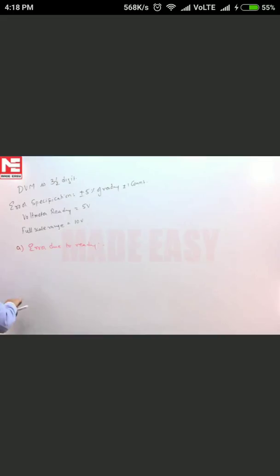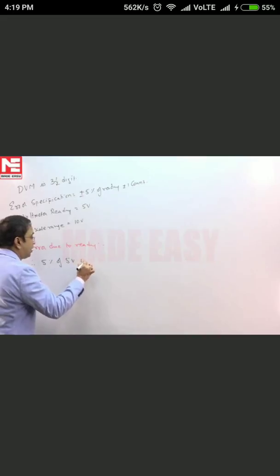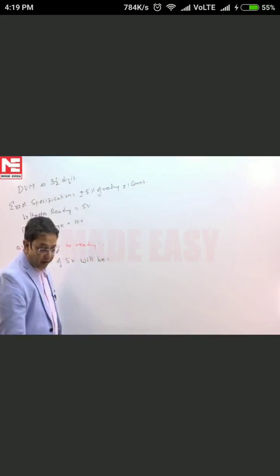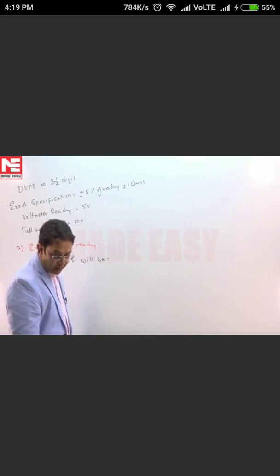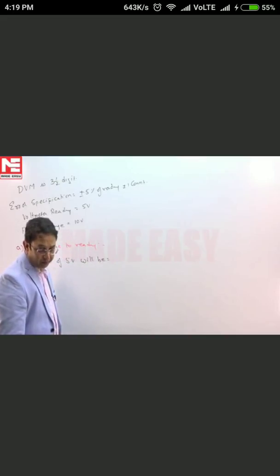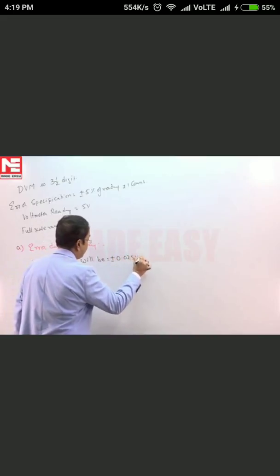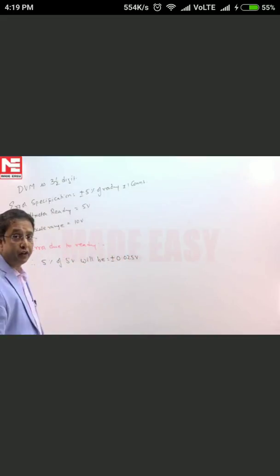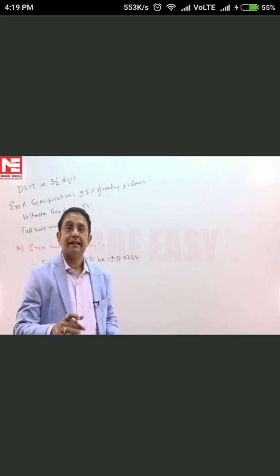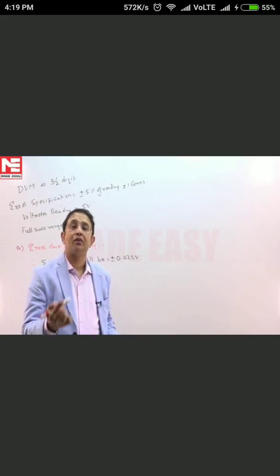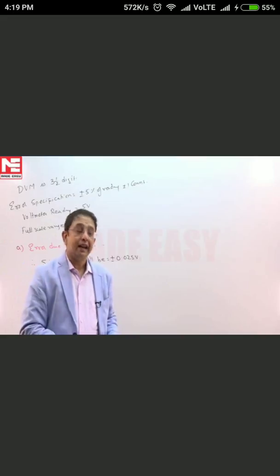So 5% of 5 volts is going to be plus or minus 0.025 volts. This is the first component of the error that we are talking of. The second component of error is the error which is going to be because of the count. Now, B,